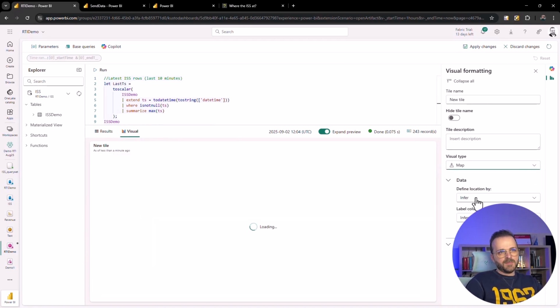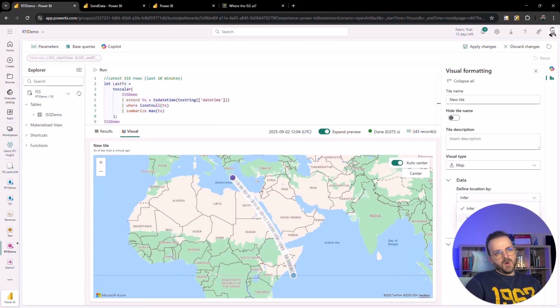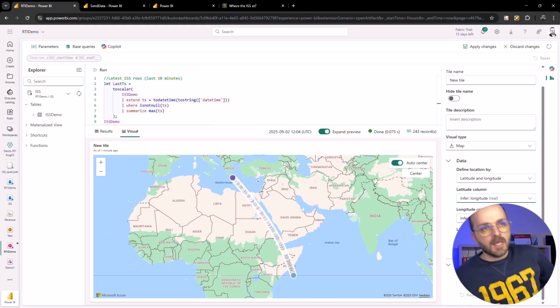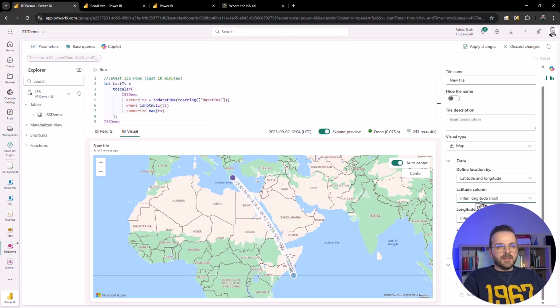So I click map, and then here I can see it's showing that, but you can define the location by geopoints or by longitude and latitude. So here you can add those items, which is already done; it identified the data and already allocated the correct column to those fields. So that's it. I can say auto center, or just auto center when the location is changed,